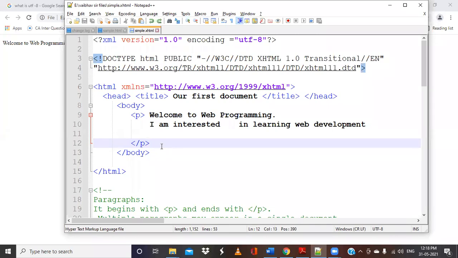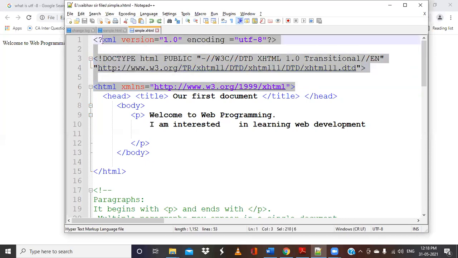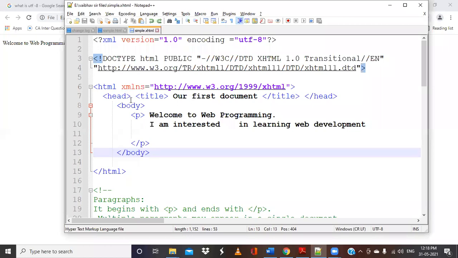Yes, sir. Everyone? So this is going to remain constant for all the programs. And followed by that, you will have the head tag, title, and then body tag. And at the end, we'll have the closing /HTML tag. So it indicates that the program ends here. And this HTML tag is also the root tag. Root means the starting point from where the program execution will begin. So HTML is the root tag.